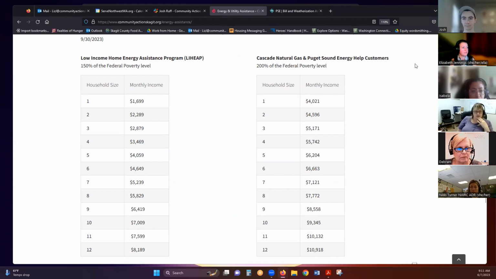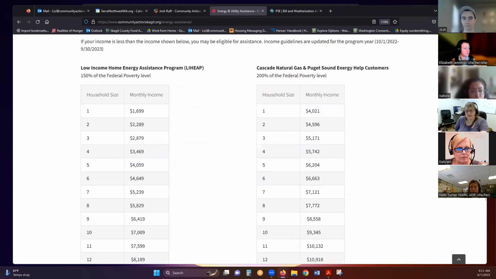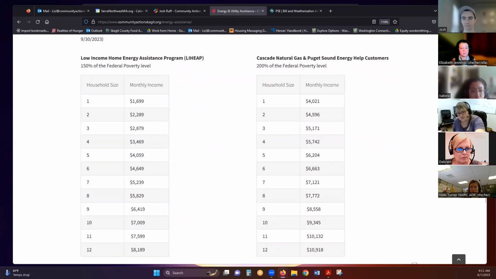Now, if a person makes more money than what this says for a household, say a household of 4, and they make more than $5,742, it's not going to allow them to schedule an appointment, but it's going to give them a phone number to call, which is our phone number, so they can actually talk to an individual for us to be able to look a little bit more deeply in their income with them and determine if we can take any deductions off of their income.